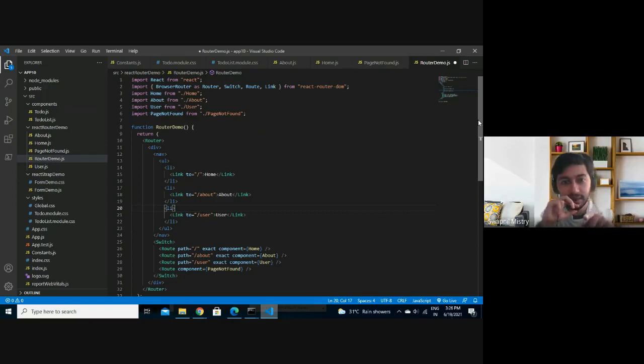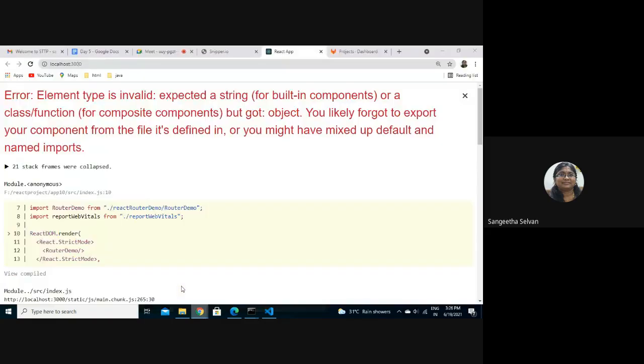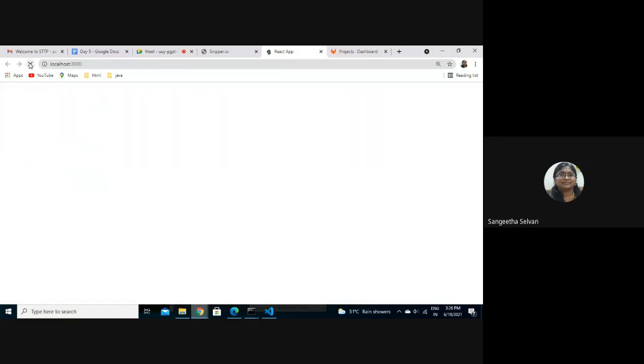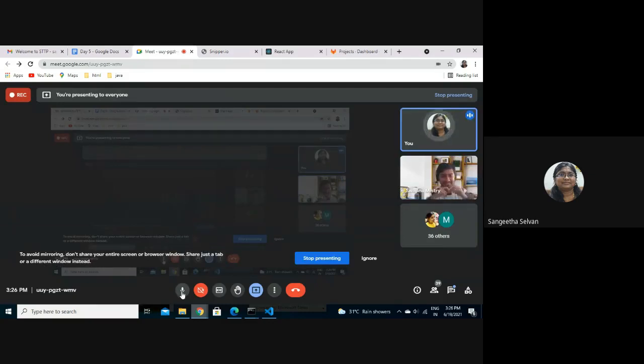Your router demo is not saved, so just reload it one more time. Just make sure that it's saved.